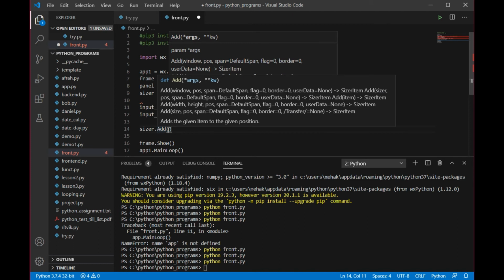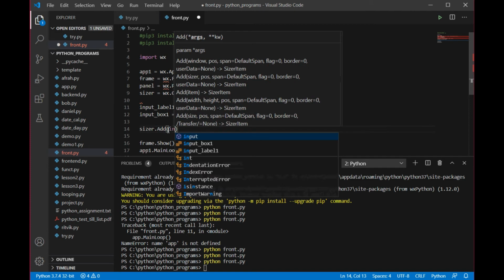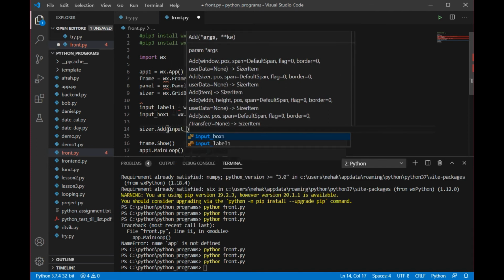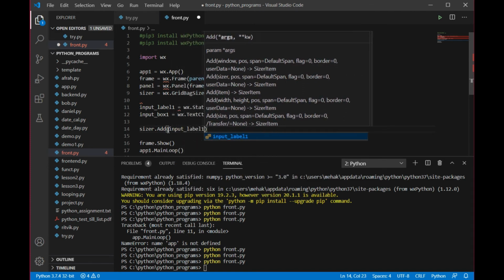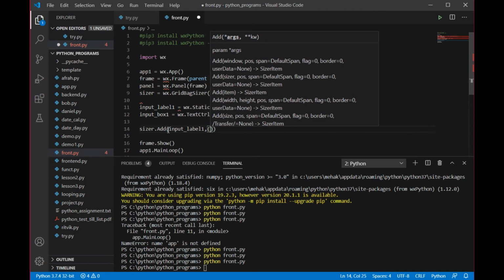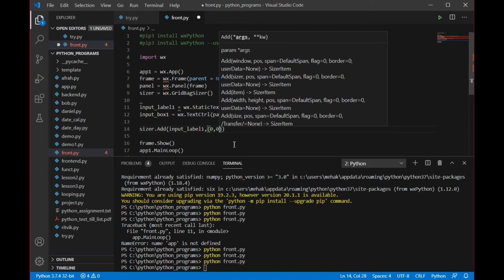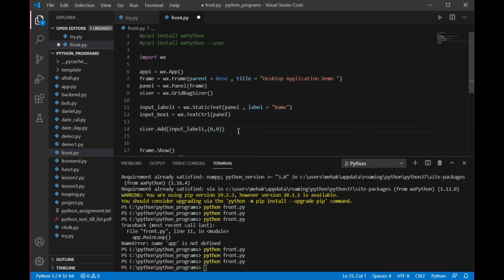Where I want to add that input label 1, suppose I want to add that at location 0 0, and let's save it. Similarly I'm going to add sizer dot add, input underscore box 1.